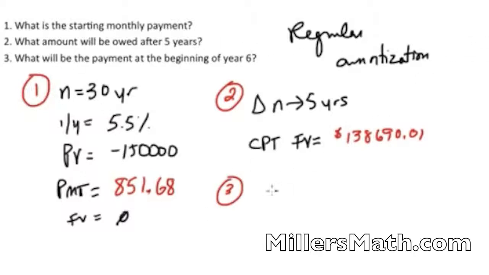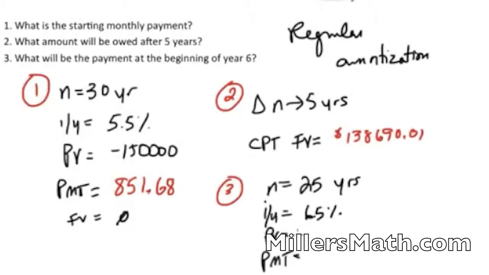Number 3 then is asking what will our new payment be. So now we're starting with a new loan scenario, and it's important to understand that a recast here, which is what we're looking at, essentially means new loan. How many years are left? 25 years are left. 30 minus 5. What is our new interest rate? It's recast at a 6.5% rate. Our present value now, what we owe, is